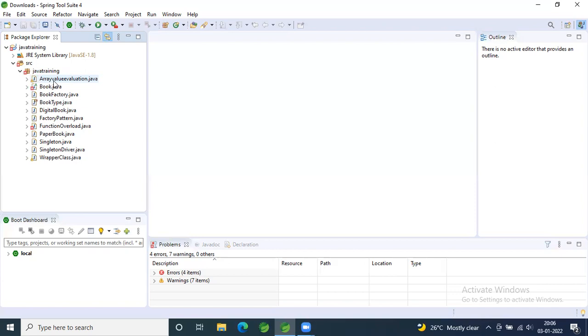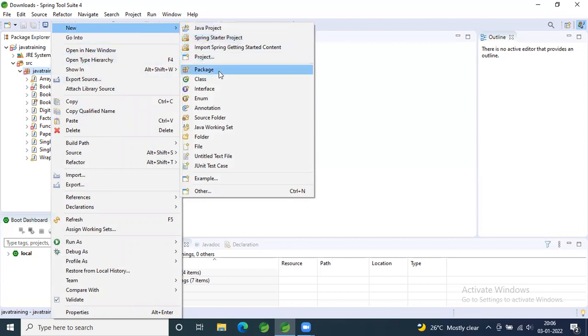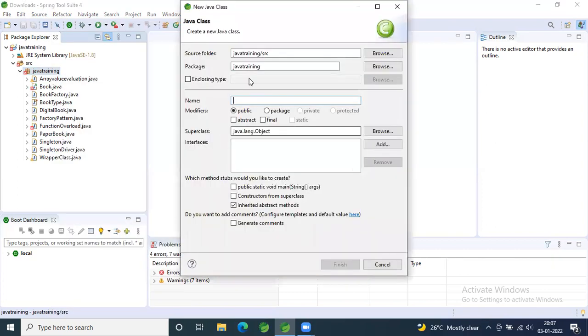So Janaki, can you quickly create a new class with the keyword abstract? Don't name it abstract. Give some other name along with abstract, and add the keyword before the class name. I need to choose abstract, right, for creating that class as abstract.